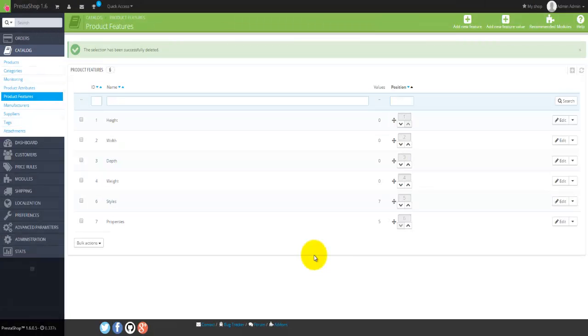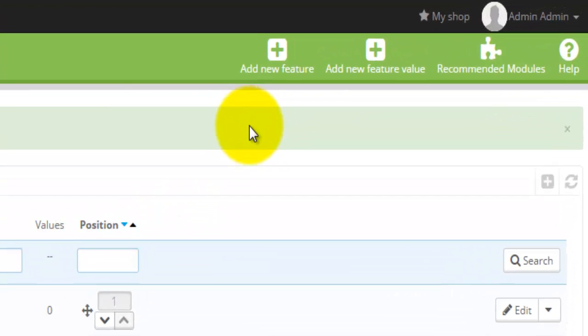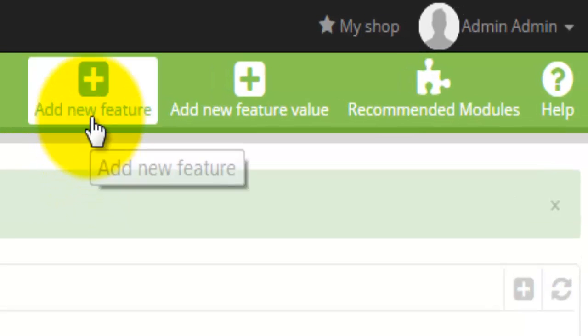Another good way to describe your product is to actually describe its features. So in this video tutorial, we'll have a look at how to add features to your products. I'm at the products feature page and now I will add a new feature. To do that, I'll go to the upper right corner and I'm going to click on the button Add New